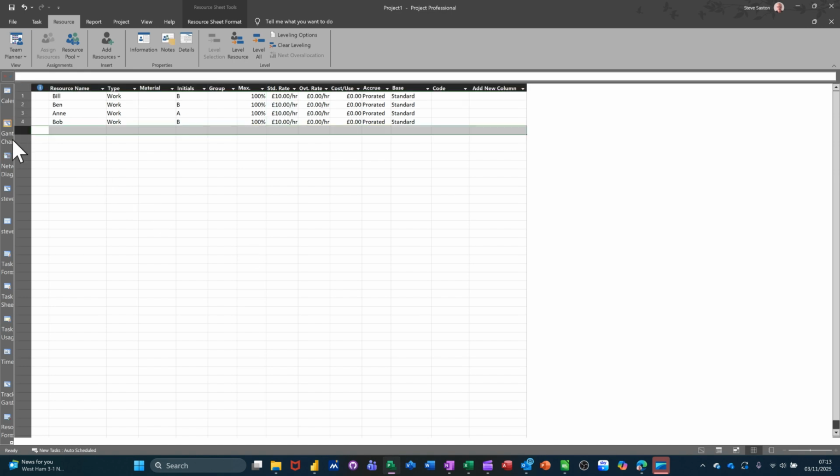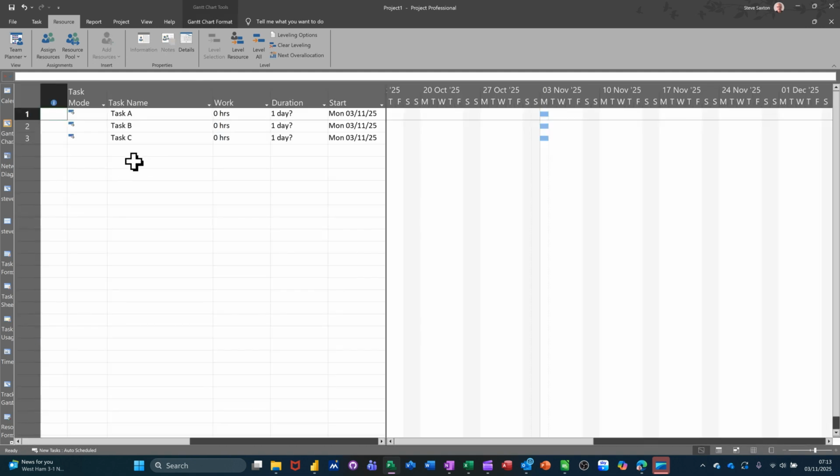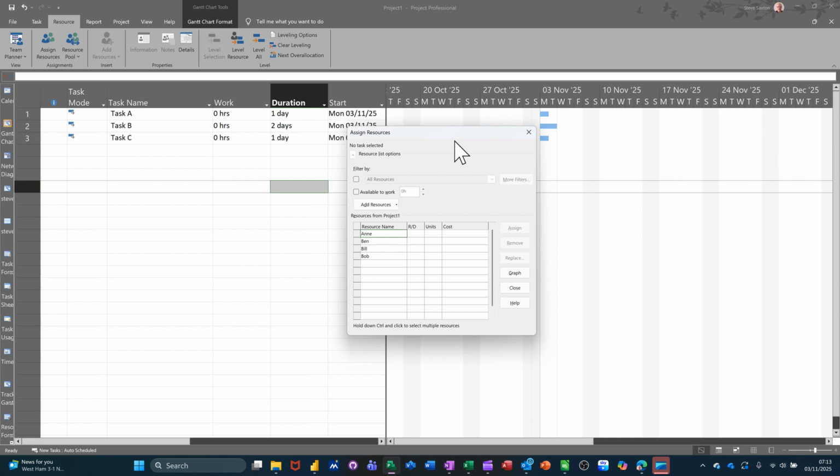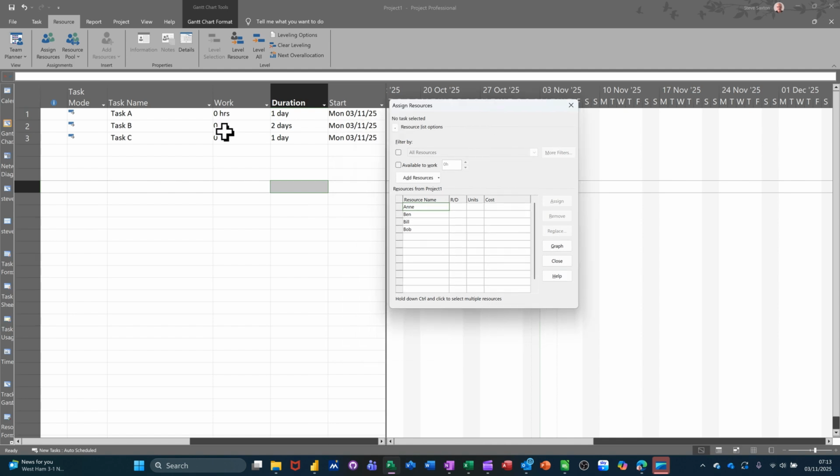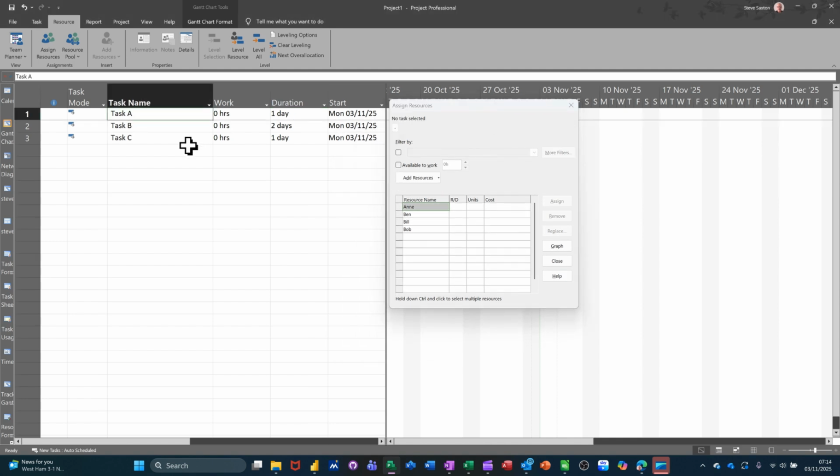Go back to the Gantt chart and assign some of these. Let me just change these durations to 1 day. So they're all 1 day tasks. Now if I go to assign resources, what you can do here is on task A, if I assign Anne,